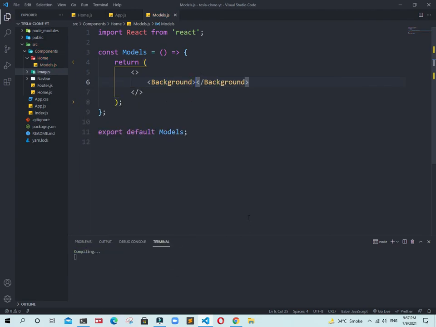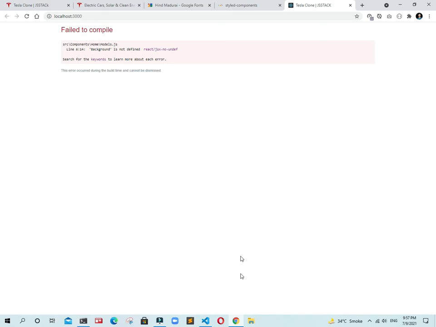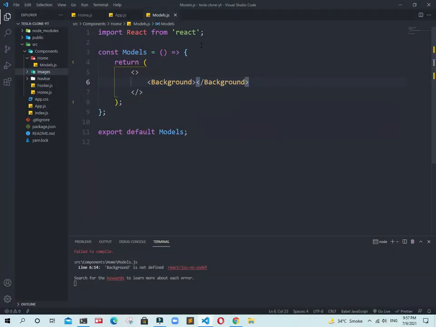Okay, if I do that, it shows me an error which is background not defined, because it's a component. We need to import our styled components. Okay, styled-components.